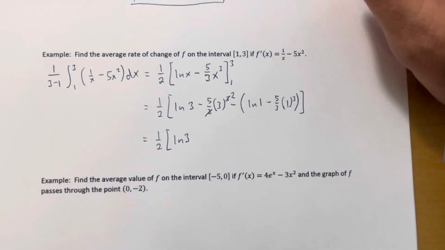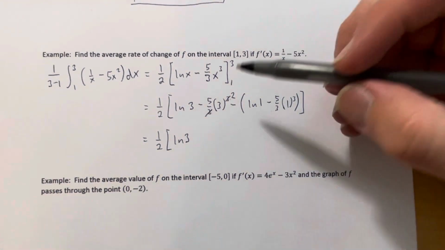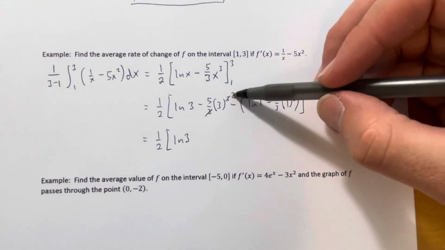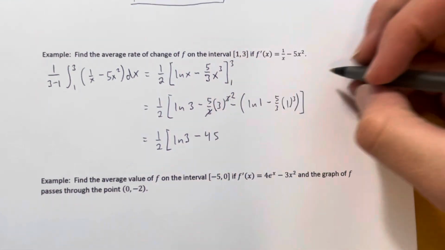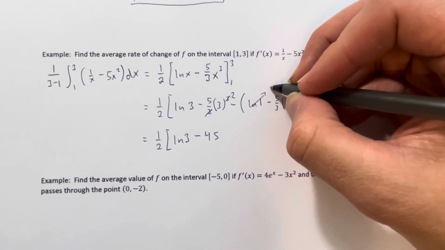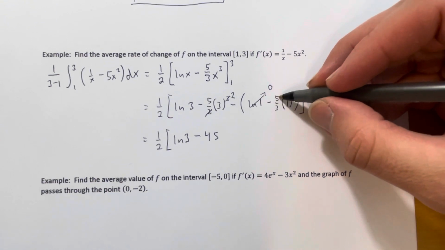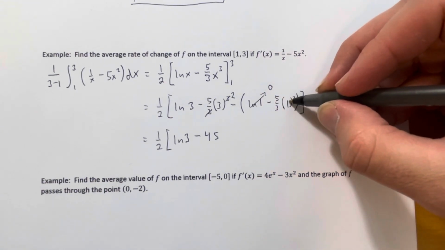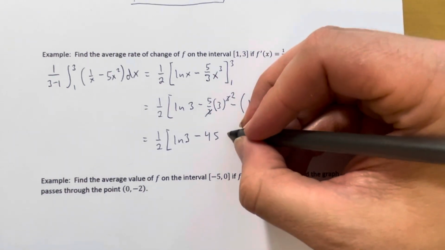And as we've said over and over again, we prefer to just leave things in terms of logarithms if it's going to be between that and a rounded decimal. I've reduced this to 3 squared, which is 9 times 5. That's 45. So I have minus 45. The natural log of 1 is 0. So we know that much. And then here I have negative 5/3 times what's going to be a 1. Negative 5/3, but then this negative will come in here and make that positive. So plus